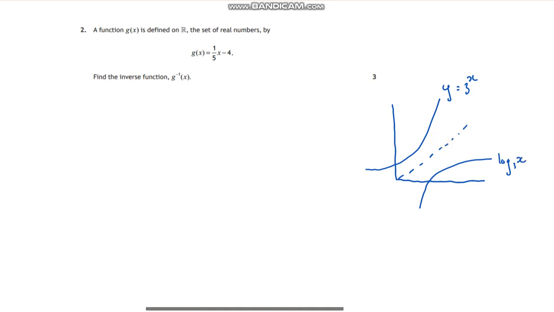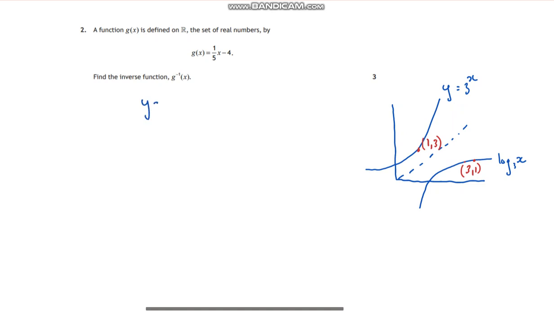Same for this function. If it was reflected across this line, yeah. And what that means is if you've got a point on here, so say we've got when x is 1, I substitute 1 into here, 3 to the power 1 is just 3. On the other one, well that means when x is 3, y is 1. So you're changing your points around. Yeah, you're mixing up your x and y, you're flipping them over, which is why the first step,